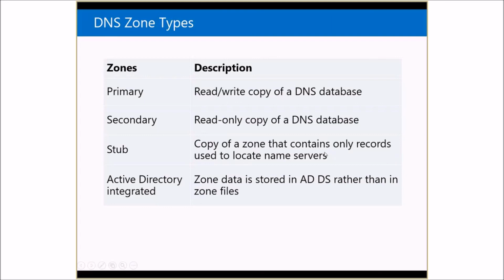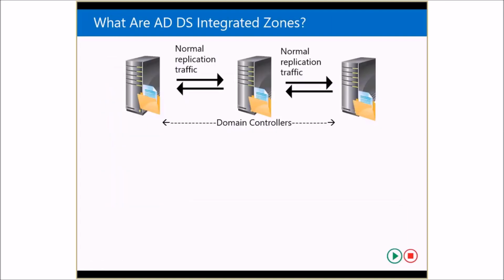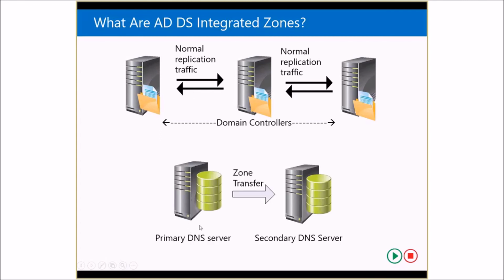Then we have Active Directory integrated DNS. When it's Active Directory integrated, instead of the information being stored as an ASCII zone file on your file system, it's stored as part of the Active Directory database. If we look at this picture, we've got Active Directory integrated DNS with these domain controllers, just replicating Active Directory like normal. If we have non-Active Directory integrated DNS, we have primary DNS and secondary DNS. And when we make changes to our DNS,